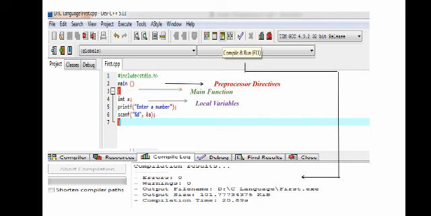And here you can see it is written compile and run. F11 is written. You can use it as a shortcut key. You can press F11, and it will execute the file. And now in the end you can see the compilation results: errors are 0, warnings are 0, output file name, output size, and compilation time.